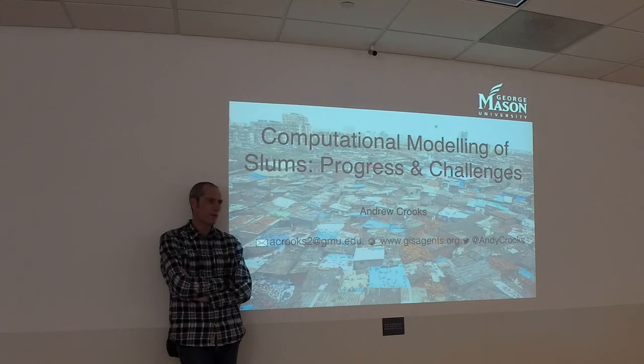If we're trying to map or monitor slums, we need to know where they are. So talk about how we can use various data sources, such as crowd-generated data or remote sensing imagery, to actually monitor and detect slums. And then after that, get to the interesting bit, which is why do they form, where do they form, and why?